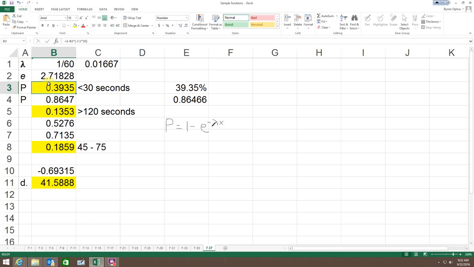So we get in, and first, E we need to define. If you look on page 232, towards the top, in that first paragraph, it says that E is just a mathematical constant. It's equal to 2.71828, not unlike pi, right? This is just a mathematical constant that somebody somewhere derived that was way smarter than myself. And so we have E then, and our formula here is that the probability is equal to 1 minus E to the negative, I think that's called our exponential, times x being the number that we're looking for,